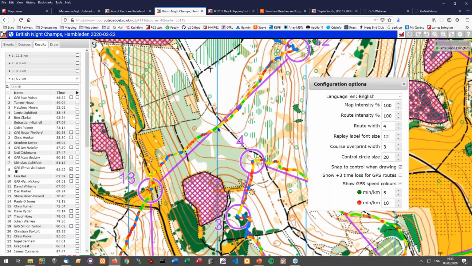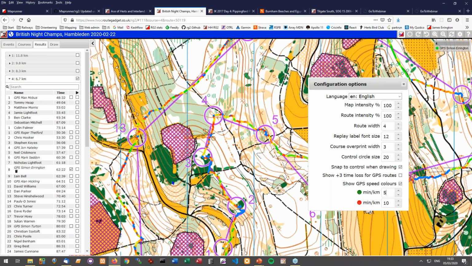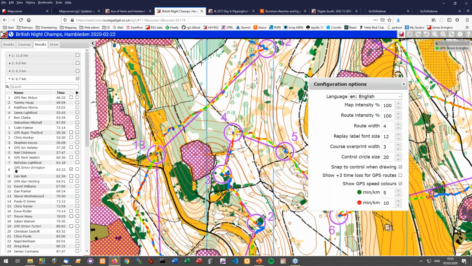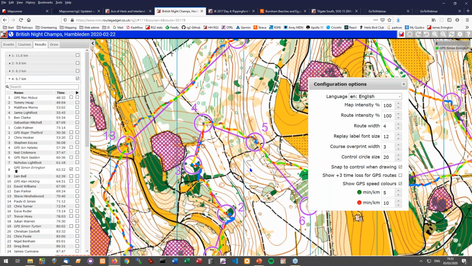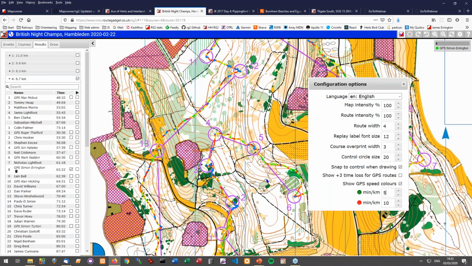So coming over the top of the spur, green, and then this green felt reasonably runnable, but I'm running really slowly in this bit and really, really slowly in the steep downhill green. And to me, it's showing up that I've got to be really careful if I take route choices downhill through bad runnability. But this is the sort of thing you can start to play with and look at.